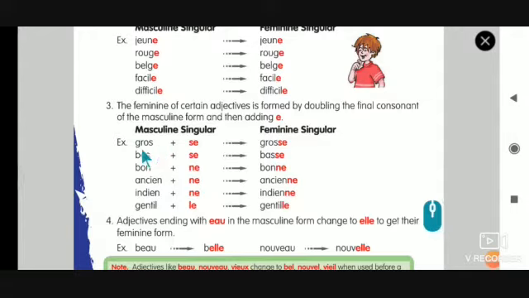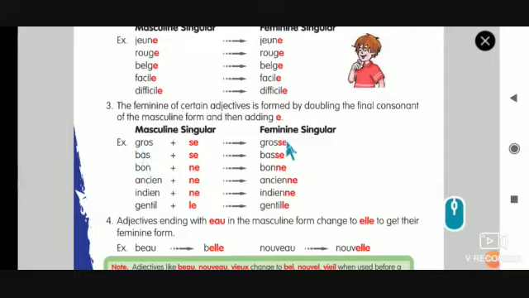This word already has an S. Now we add one more S and an E to make it feminine. So we have to double the letter, and this is the result. Double S E, double N E, double L E. So that is point number 3.